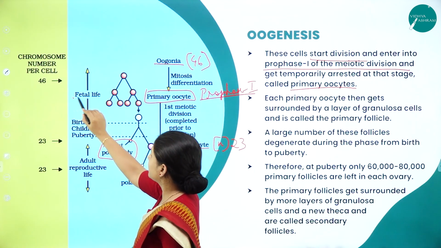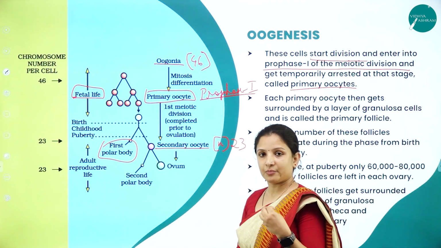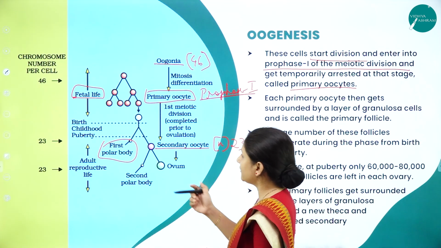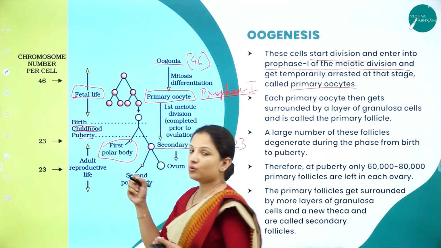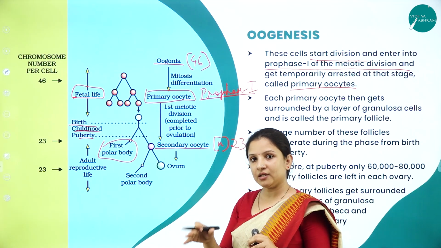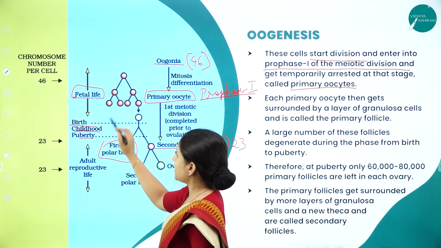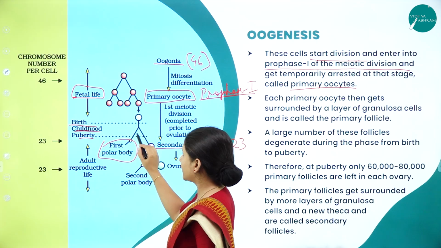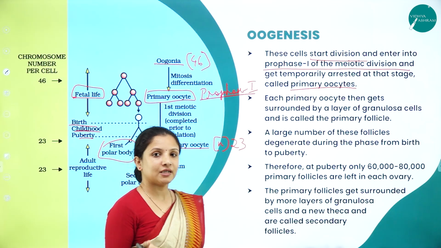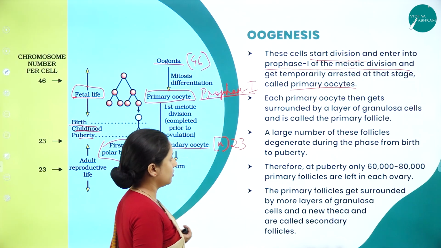So here it is written as fetal life. Why is fetal life written? Because the formation of oogonia will take place when the child is in the fetus stage itself, or the girl is in the fetal stage itself. Once birth or childhood is done, oogonia formation will stop. Whatever oogonia formation had happened will develop into the ova or the egg. So that is why we write it as fetal stage. After birth or childhood, up till puberty, no oogonia will get formed. But in males, the spermatogonia get formed only during puberty. So all that we have studied about it.